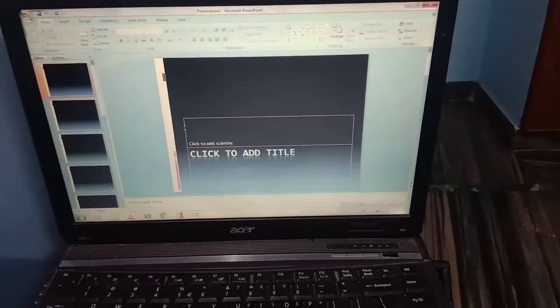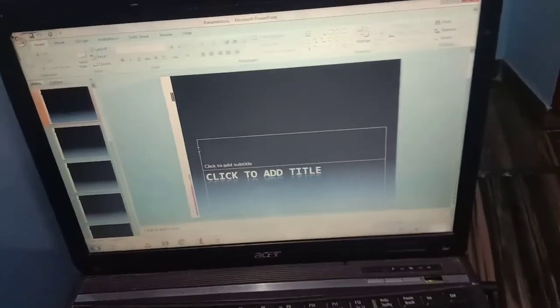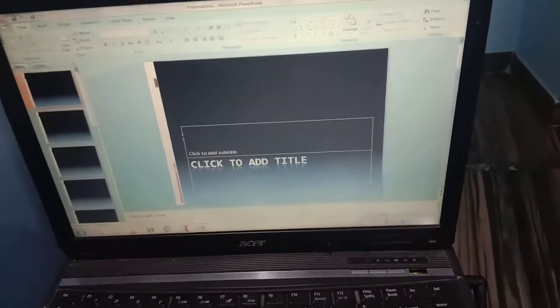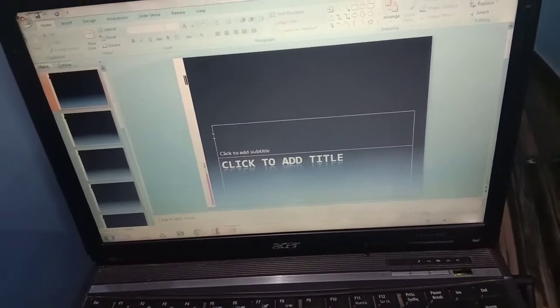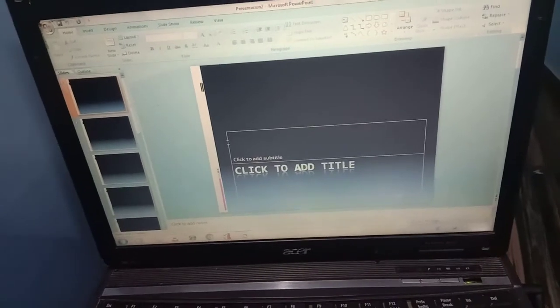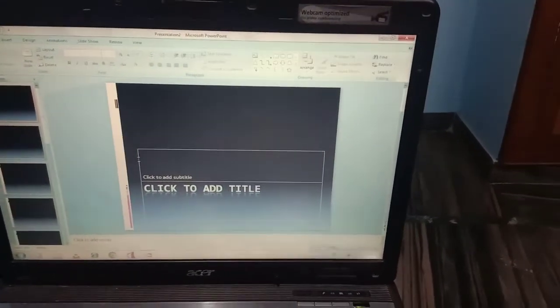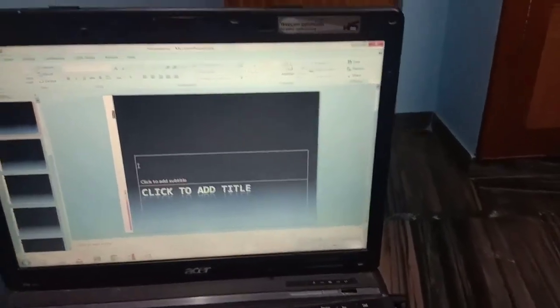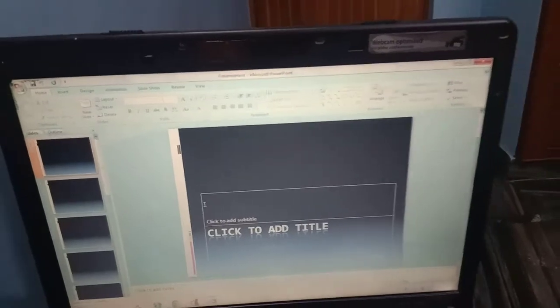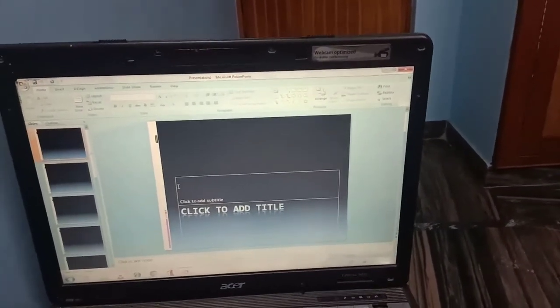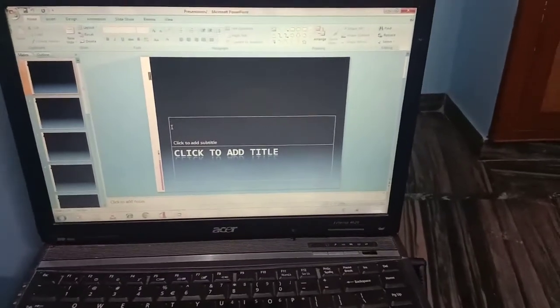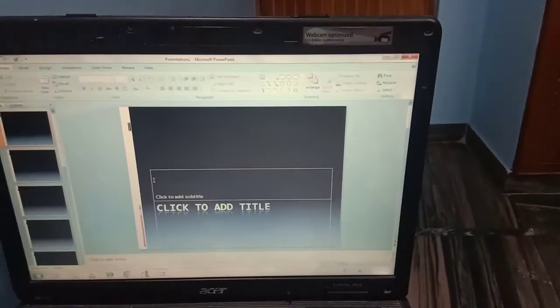We already learned about normal view, slide sorter view, notes page view, notes pane view, and the outline view. So student, these are the different types of views we learned in the previous video also. Some more basic things, you know that a presentation is a collection of slides. Is it clear to all of you? So these are the shortcut keys that I wanted to explain to you.